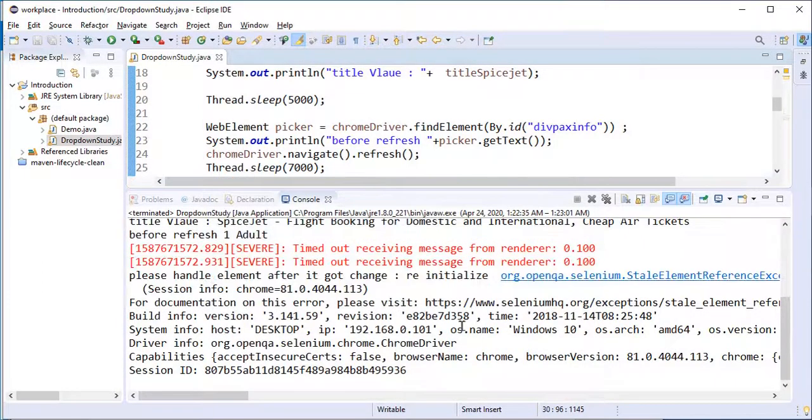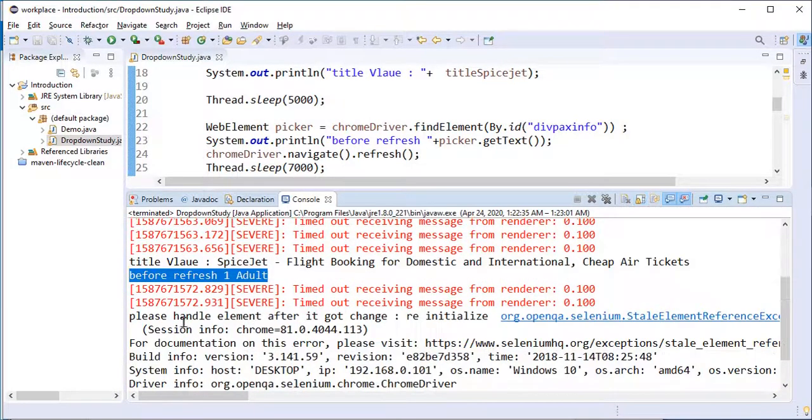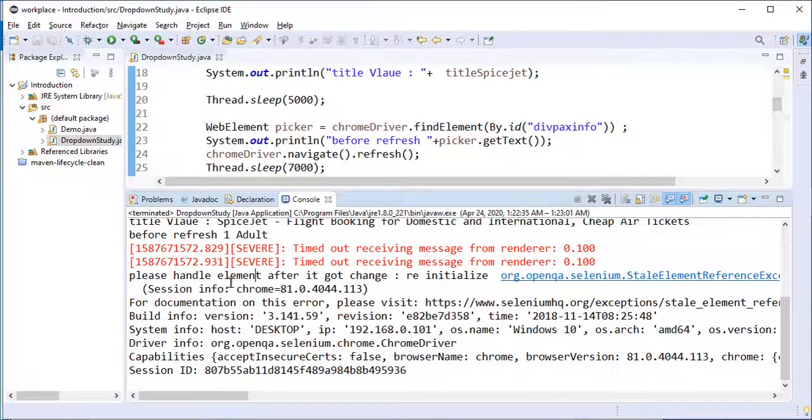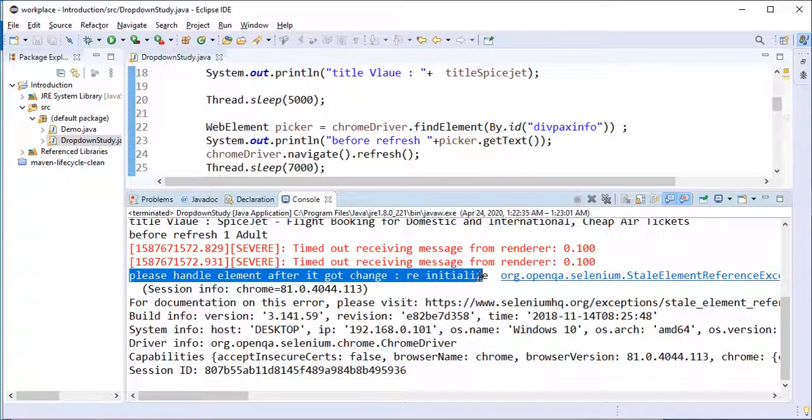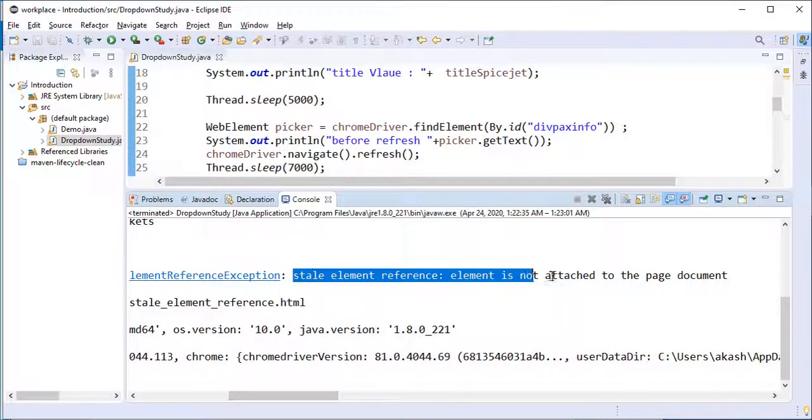We'll see what error it has given. Before this one, instead of printing the value after refresh, it has thrown an error saying: please handle the element after it has changed or been reinitialized. The exception is shown in black over here.